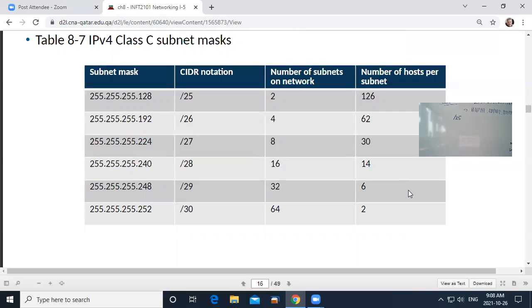224 is what you get with the first three ones out of an octet. So I hope that makes sense. We could keep on. We could go right down to /30. That would give us 64 networks. That's a lot of subdivision, but each network would only have 2 usable addresses in it. So I don't know how practical that would be.